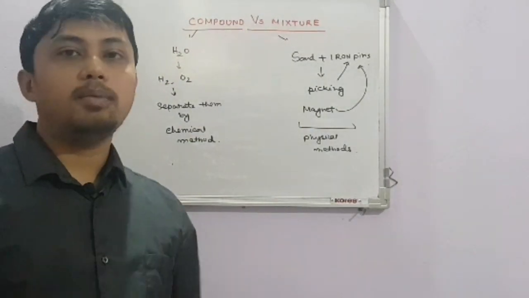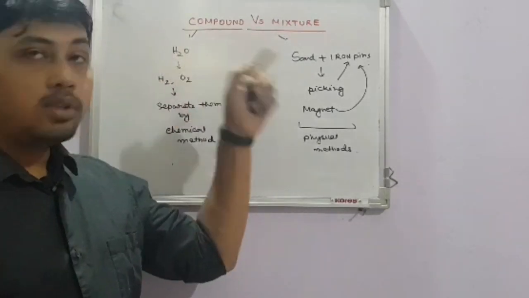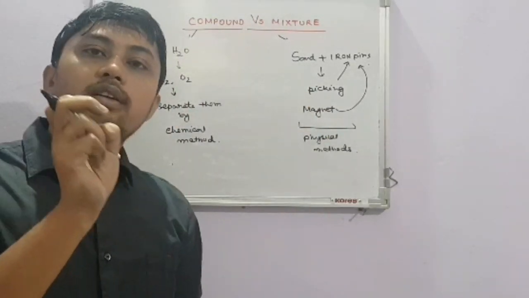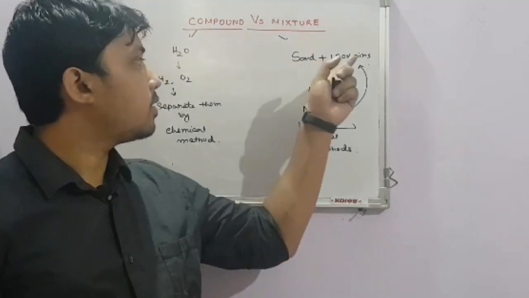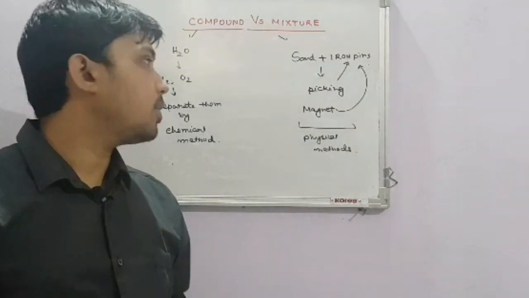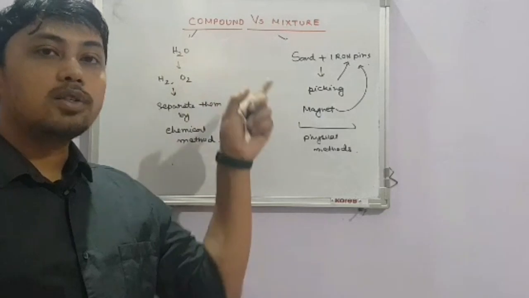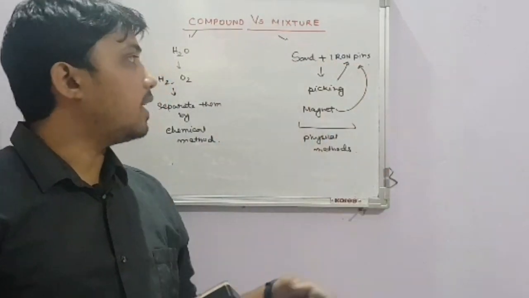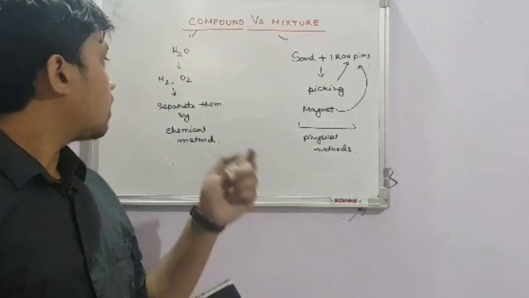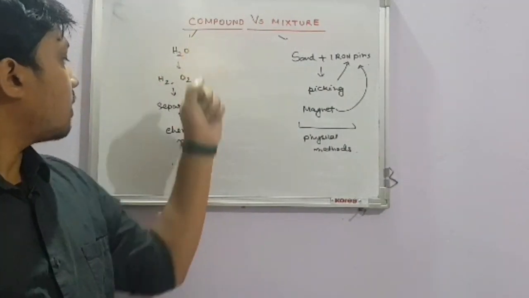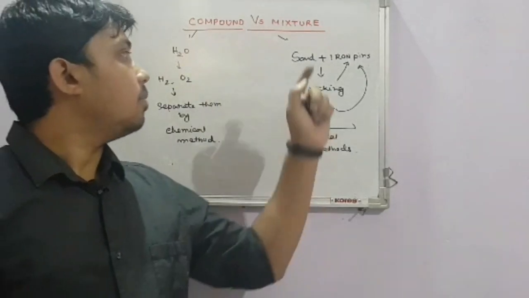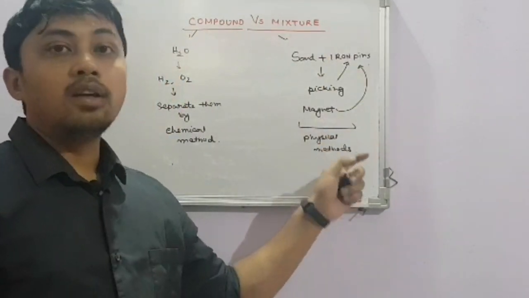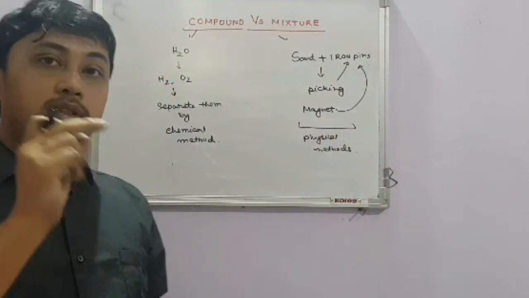Let me sum it up for you. In a compound, the constituents are in a fixed ratio. In a mixture, the constituents are in a variable ratio. In a compound, the constituents lose their individual characteristics. In a mixture, the individuals retain their individual characteristics. Third one is obviously this one: in a compound, the constituents can be separated by chemical methods. In a mixture, the constituents can be separated by physical methods. And recall the first